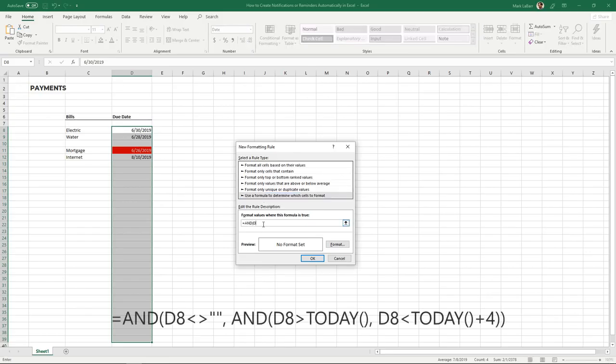and same thing, D8 not equal to quotation marks, not equal to nothing, and comma, and we're probably going to need a range here just so it's not less than everything or equal to everything. We'll probably need a range, so we'll have another AND formula here, and if D8 is greater than today's date, let's see,